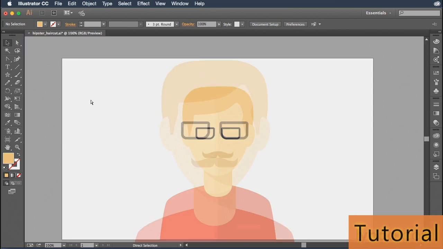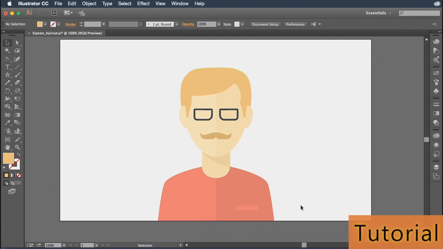That's usually a lot easier than going in and trying to manipulate anchor points, at least where I'm concerned. So I actually use the eraser tool to refine my artwork a lot. Anytime I have a path that's complicated or that has several anchor points that I just don't feel like manipulating, I'll get a small eraser